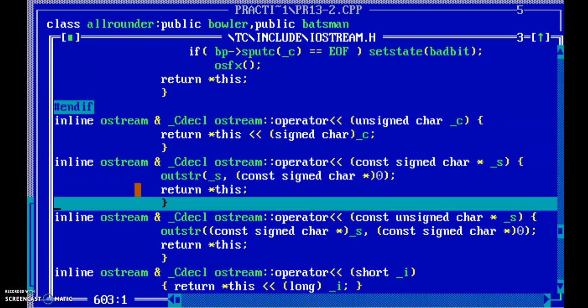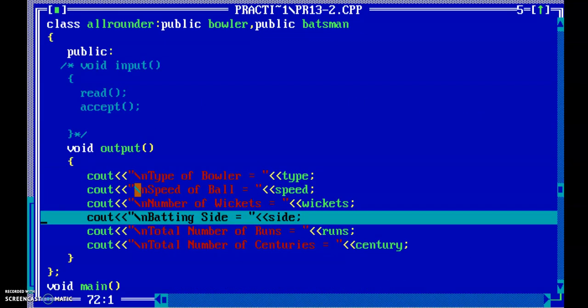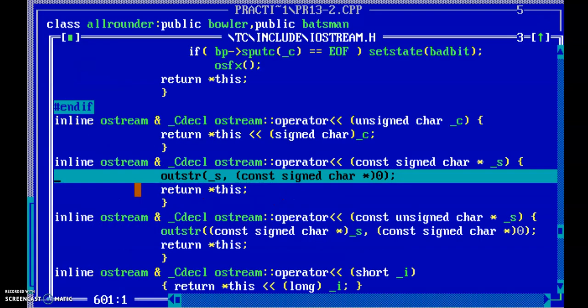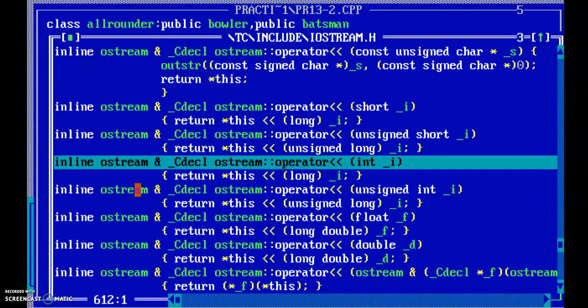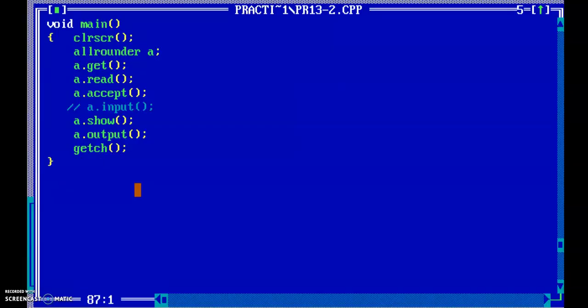Okay, I just want to display the output. Check here, actually there is one problem. I just want to execute this program once again, so your doubt will be clear.